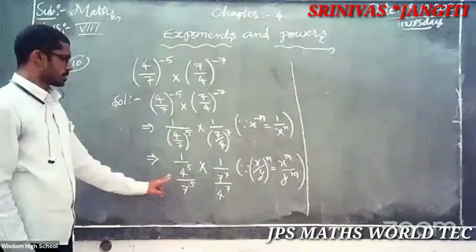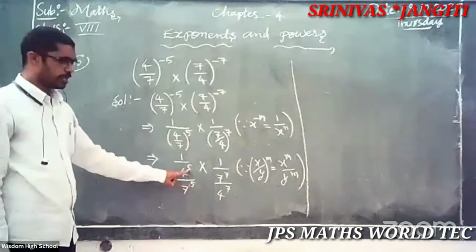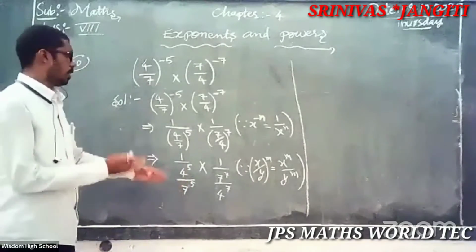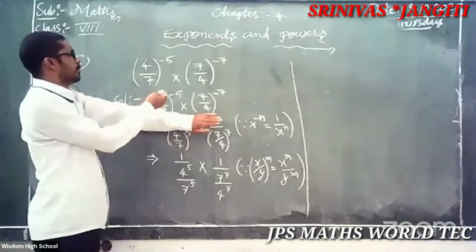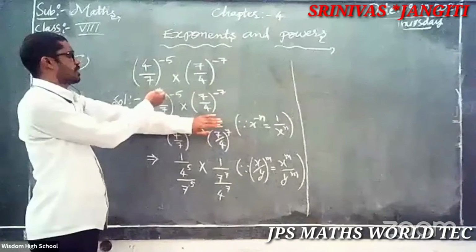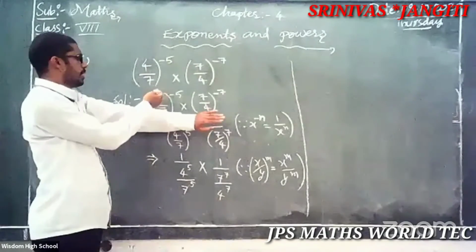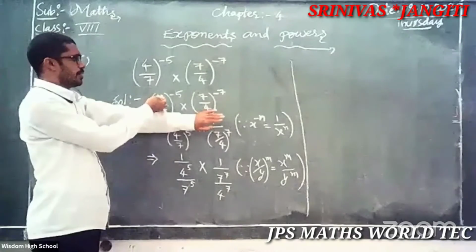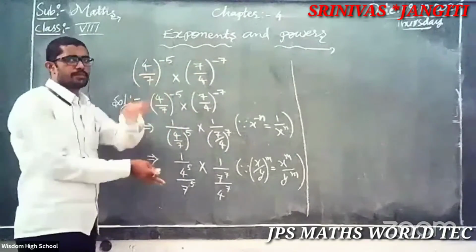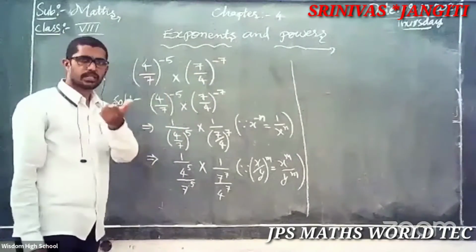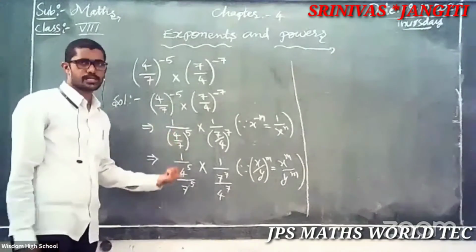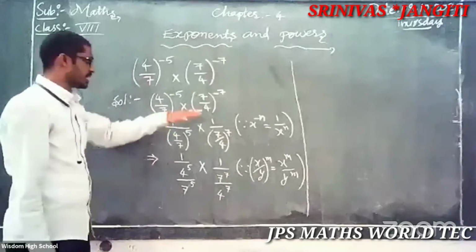Observe. So simple. What is here? It's a reverse. You will know already. Otherwise here only you will know directly. Here applying x to the power of m by x to the power of n, in the same way. What is here? 4 to the power of minus 5 by 7 to the power of minus 5. You will know, a reverse. Plus becomes minus, minus becomes plus. That is easy also. Then already that method I explained. That's why I took this second method. Right? It comes directly here.